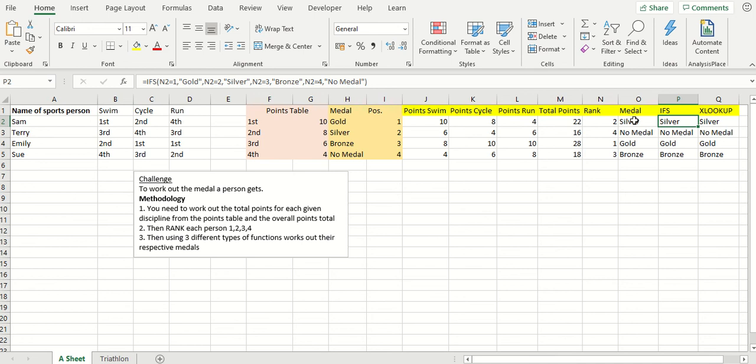You can see here we've got the same medals as in column O. And then we have the new XLOOKUP function, just been launched within the last few months. We're now sitting in April 2020. It's just been launched this year, really. And here we go, quite straightforward. N2 again is the important value. We're trying to match N2